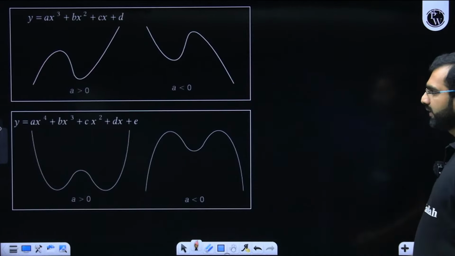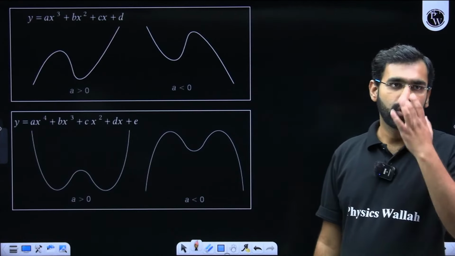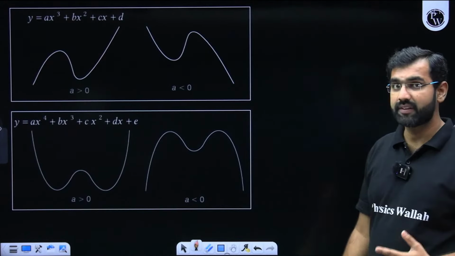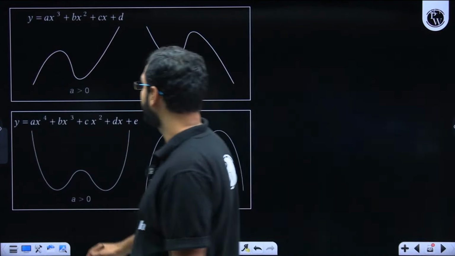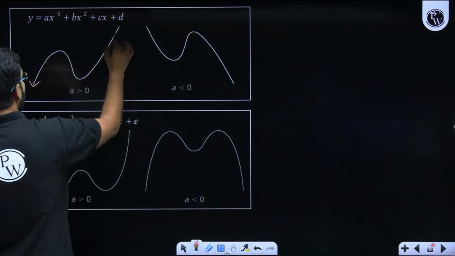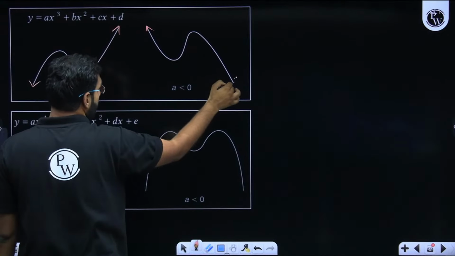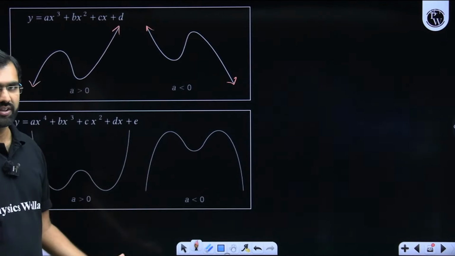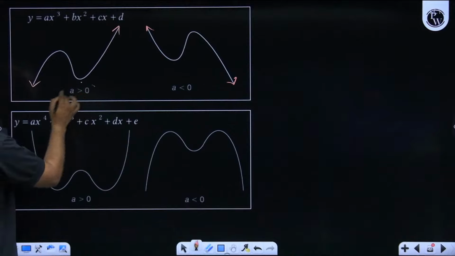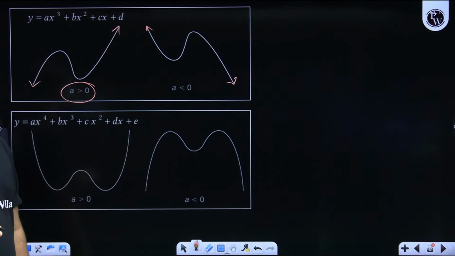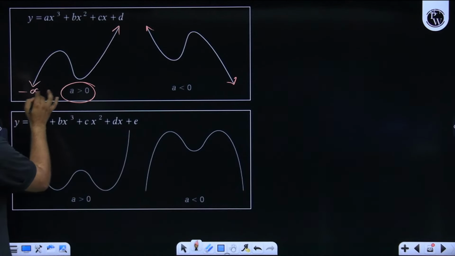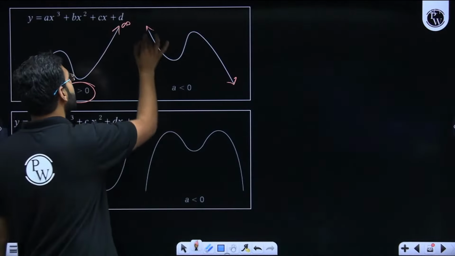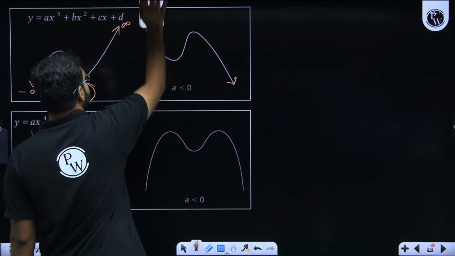From here, this is what I was mentioning when one of our students was asking about how do we say that cubic polynomials have range from minus infinity to infinity, and biquadratic or even degree polynomials do not have a range from minus infinity to infinity. The logic is really simple. If it is cubic and the coefficient of the highest degree term is positive, it will come from minus infinity and go till infinity. If the coefficient of the highest degree term is negative, it will come from infinity and